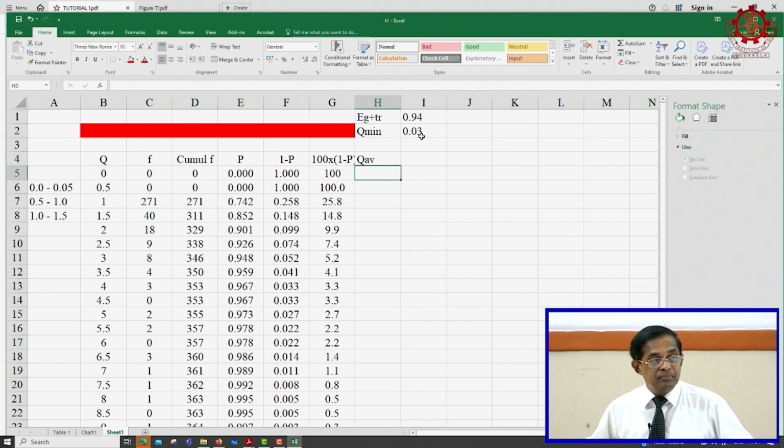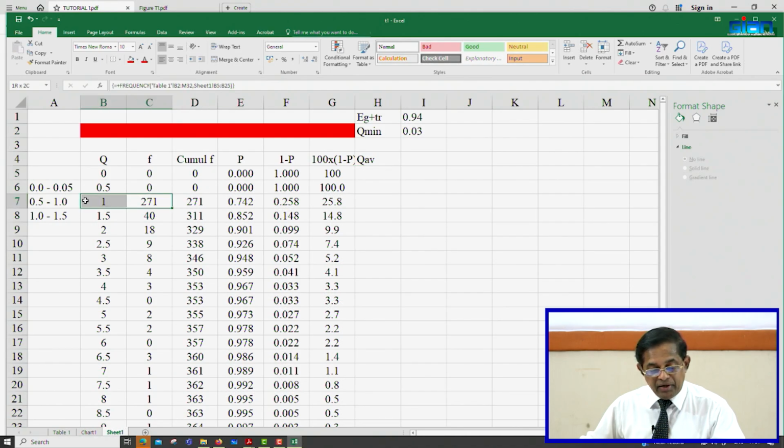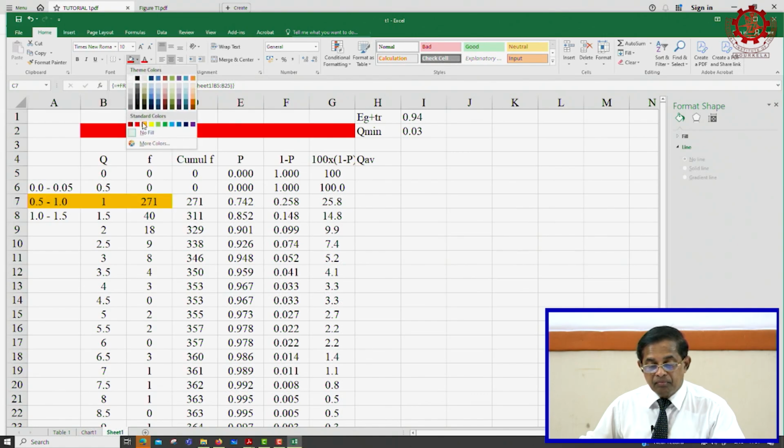Can you remember? But here now we can make it more accurate by looking at this data point, say 271 data points, I will put a color here. These 271 data points are points between 0.5 and 1,